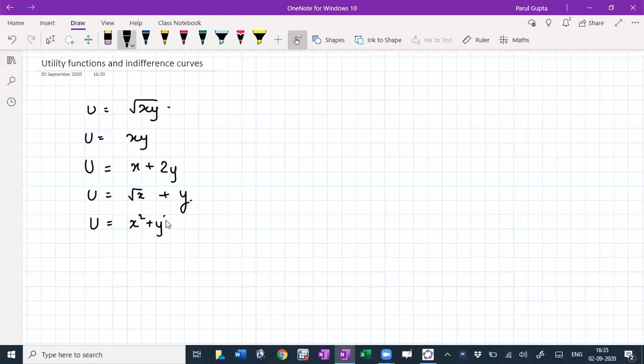Then we could have x square plus y square, or even 3x square plus y square, and so on. Actually, we can also write it as a z function, as z equals f of xy, which I can just call root xy. But right now, because we are dealing with consumer theory, we just want to call it by the utility function name, and that's why we are calling it u.